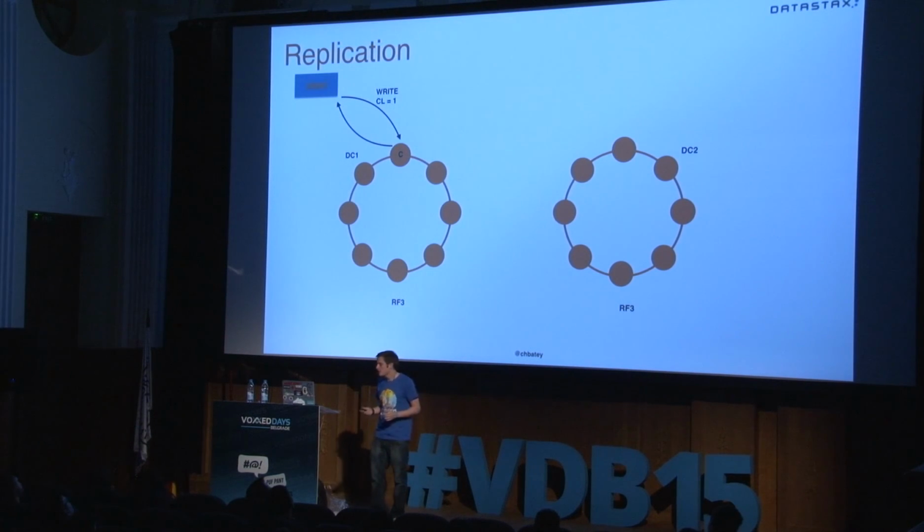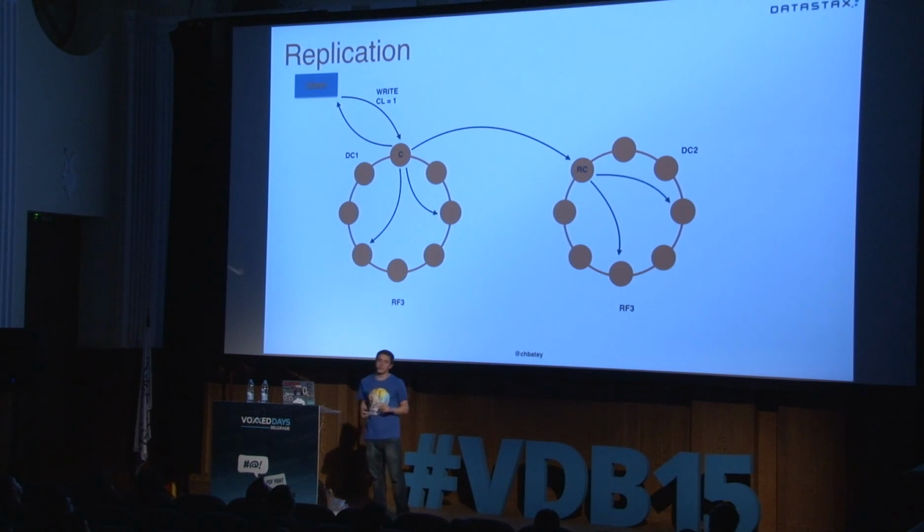We're happy. However, what the coordinator will do, that node that you connected to, it will replicate it out asynchronously into the local data center. It won't copy it 3 times over to the other data center because it's assuming that that network link is either expensive or slow. We could be either side of the Atlantic. So it copies it over once, and then that guy copies it over to 2 other nodes. And that's pretty much it.